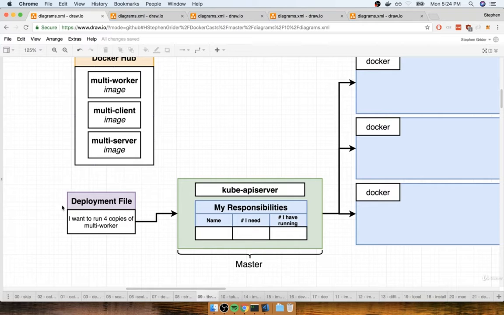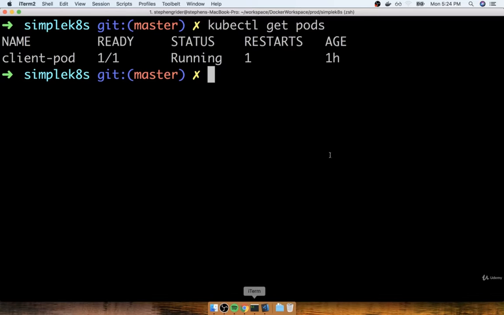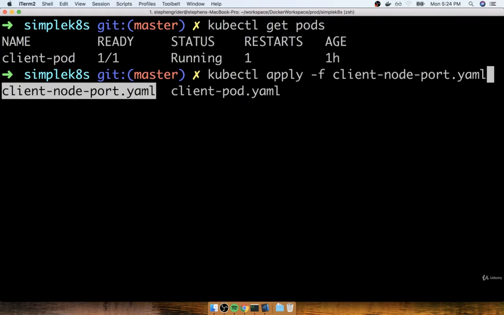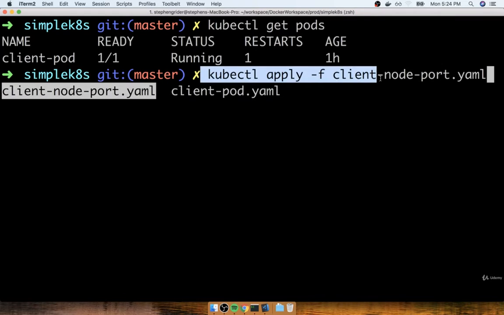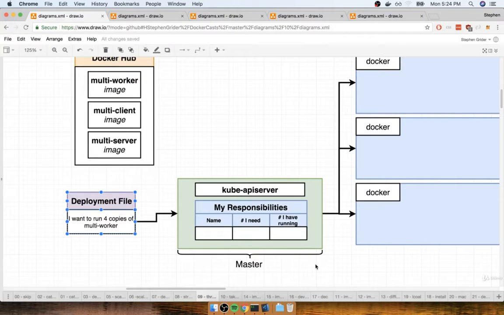We're then going to imagine that we take this file and we feed it into the kubectl apply command. Remember, that is the command that we use to load up the 2 files that we had previously put together, the client pod and client node port. So when we run this command right here, the file is taken and it is passed off to something called